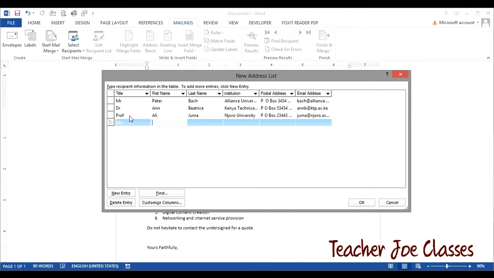Then the other one is Mrs. Sandra Dunge, institution is Nakuru Training Institute, PO Box 1773 Nakuru, info at cti.ac.ke. So those are 4, and finally the last one is